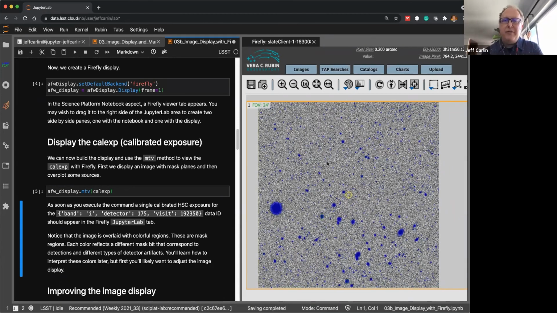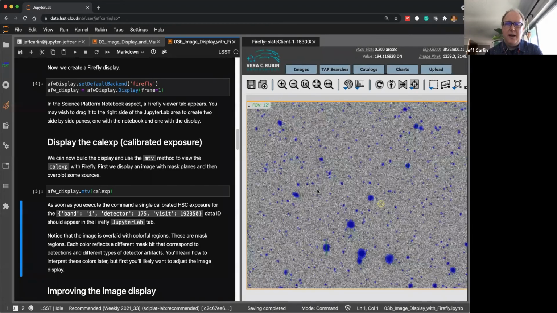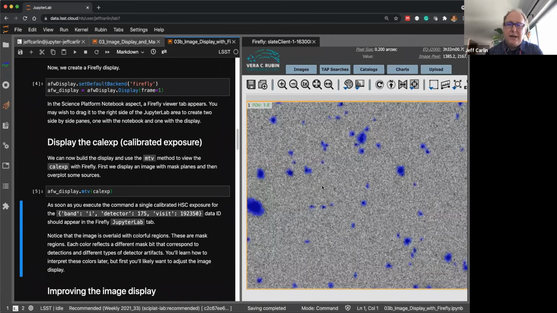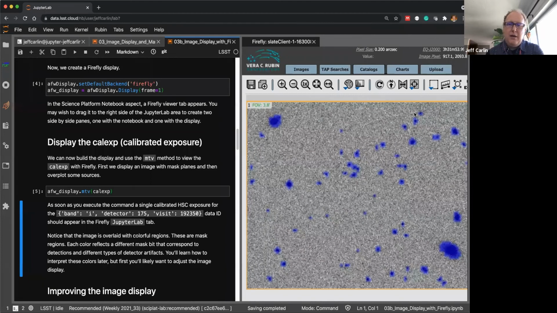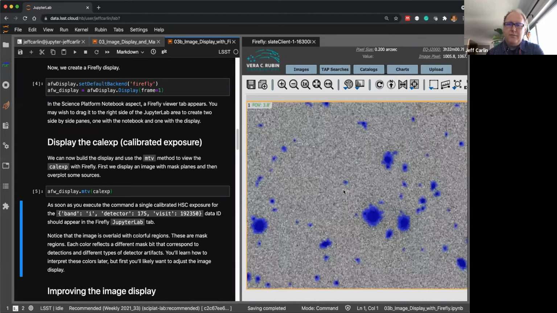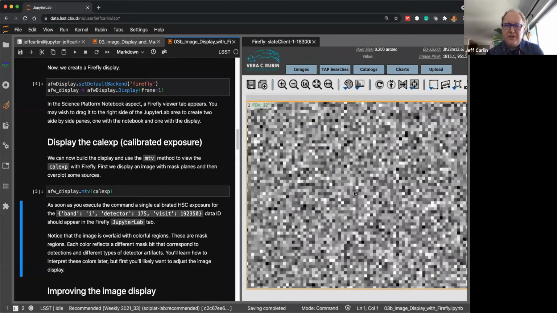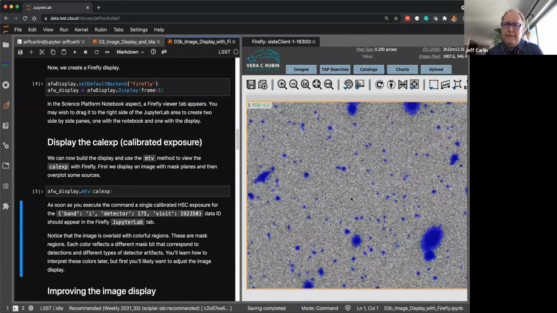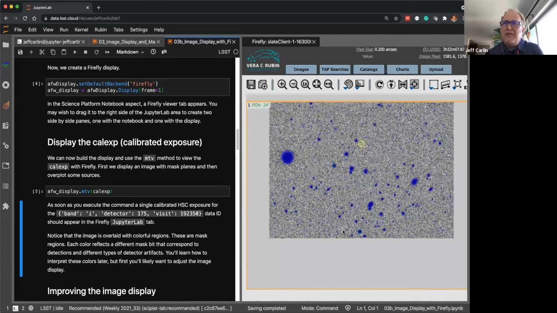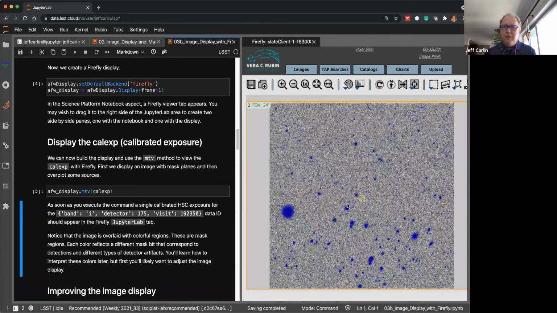And now, if you're familiar with using tools like DS9, you may also know some features like if I use the scroll wheel on my mouse, for example, if I just scroll, I can zoom in and out on that image. I can click and drag to pan around the image. And you can see, you can zoom all the way in to see individual pixels. And we're going to explore a little more about Firefly, as many of these menu options above. But first, let's